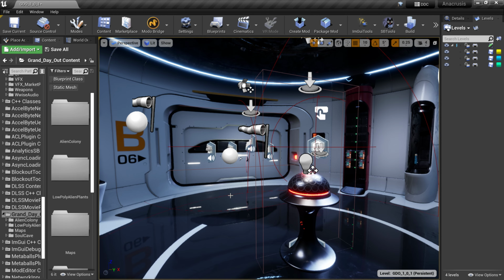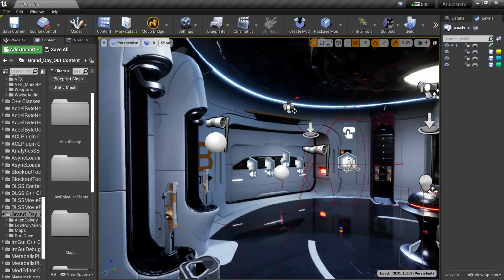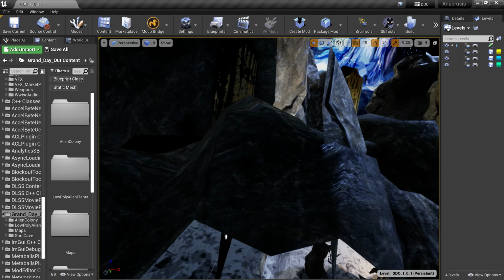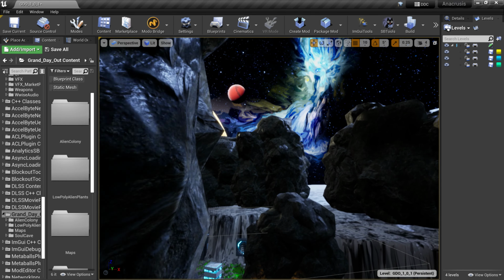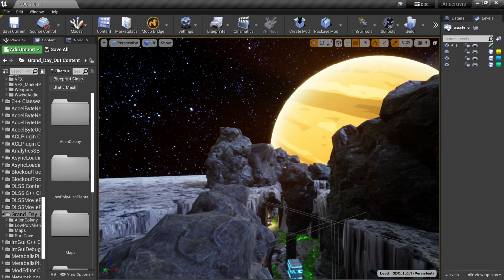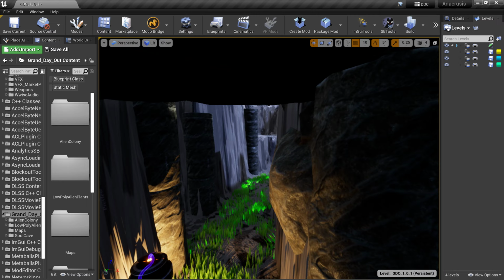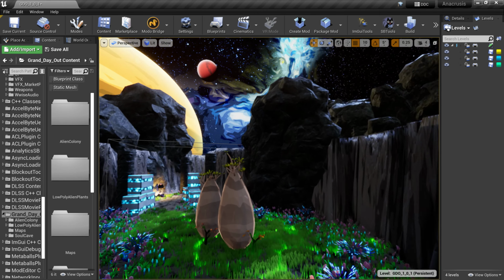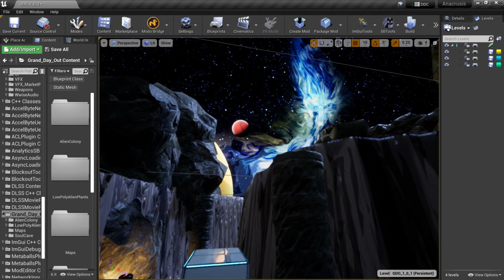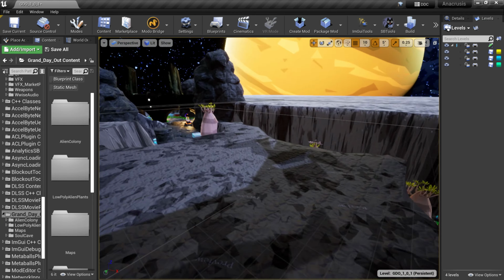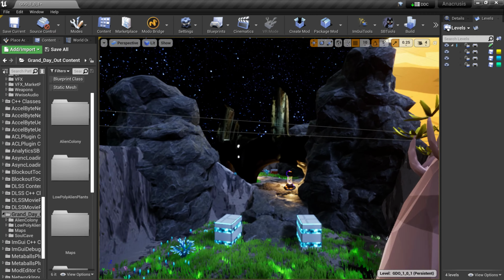There's some blueprints and stuff that are already pre-done for you that make all this happen. Anyway, you will need one of those at the beginning, and you will need one of those at the end of your level. If I zoom over here, essentially what I've got is this pathway running through these canyons with lots of foliage and things like that, and then that canyon continues with some side paths and stuff, and then it ends in another